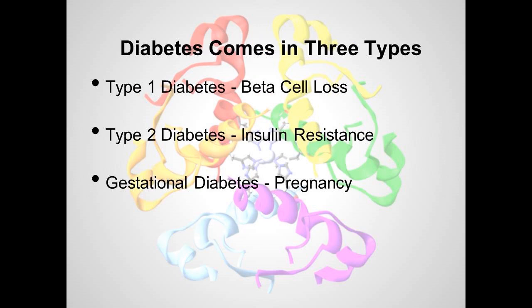Now, diabetes has 3 types. Type 1 diabetes is due to pancreatic beta cell loss. We'll discuss this in the next slide. Type 2 diabetes is due to growing insulin resistance. We are currently unsure of how this comes to be, but this is the cause for diabetes in older people. There's also a third type of diabetes called gestational diabetes, and this only occurs during pregnancy. We'll also be discussing all 3 of these on the following slides.